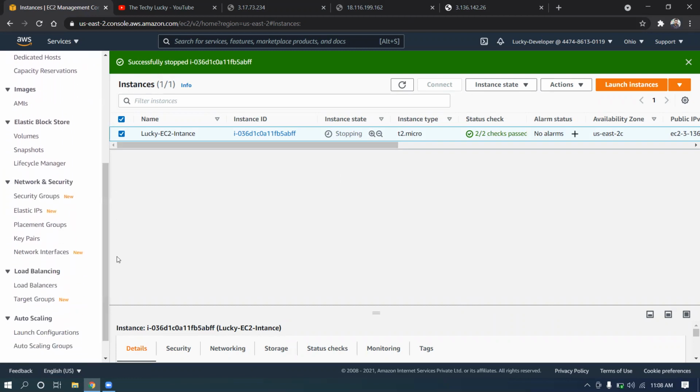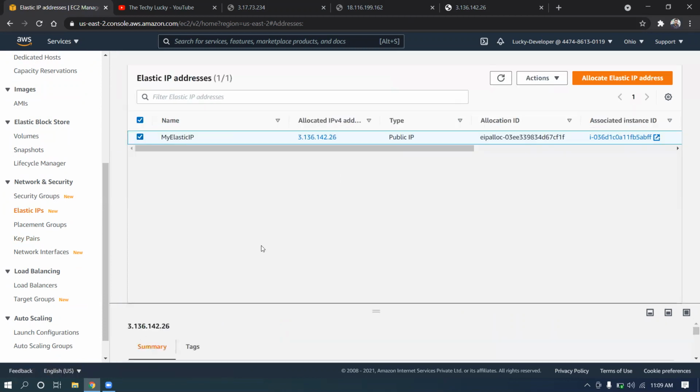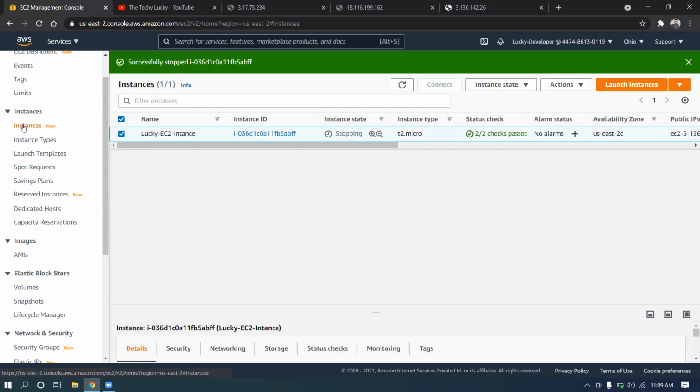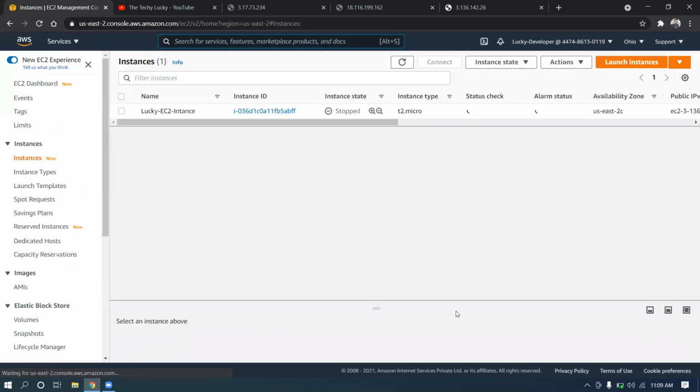Okay, one more scenario I would like to explain to you. Whenever you're having the elastic IP, you can associate or disassociate your elastic IP regardless of whether your EC2 instance is up and running. Okay, it does not matter, you can assign an elastic IP at any point of time. It's not like you need to stop your server and start your server. You need not worry about such things while assigning an elastic IP or disassociating or removing the elastic IP from your EC2 instance.